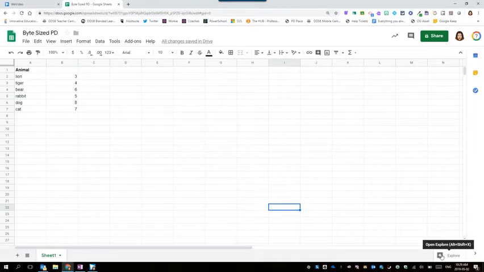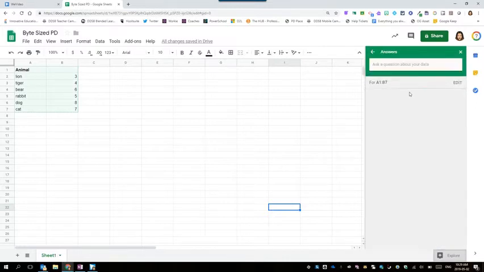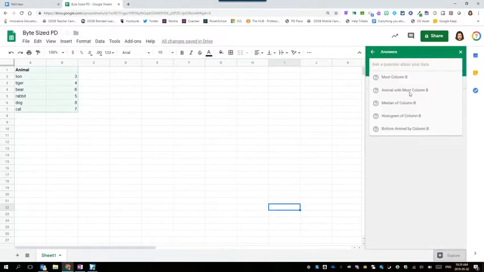This is similar to the Explore tool button in Google Docs. If you click on that, it automatically accesses the data that's in your sheet, and it will take a look at it. So what you can do is ask a question about your data. For example, animal with the most